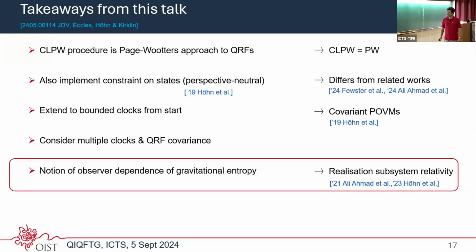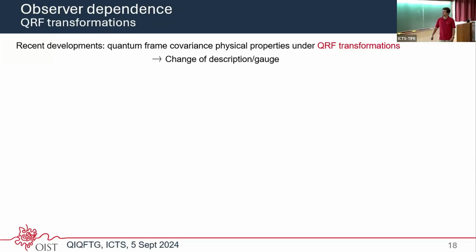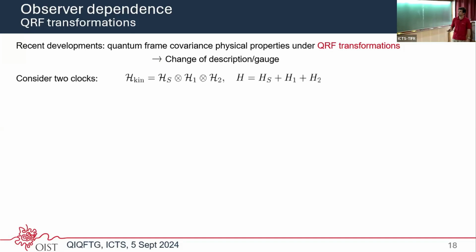All right, so lastly, let's talk about something that's more interesting about quantum reference frames, namely the title of the paper, what I call the notion of observer dependence. For that, we go a bit back to quantum reference frames in general, because now if we have multiple clocks, one can ask the natural question: okay, I can describe our system with respect to clock 1, but what if I instead describe our system with respect to clock 2? What's the change? That just amounts to a change of description or a change of gauge.